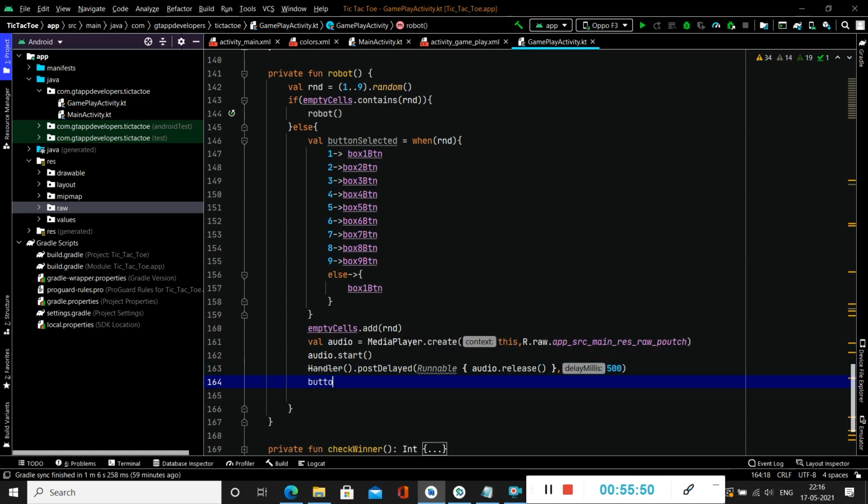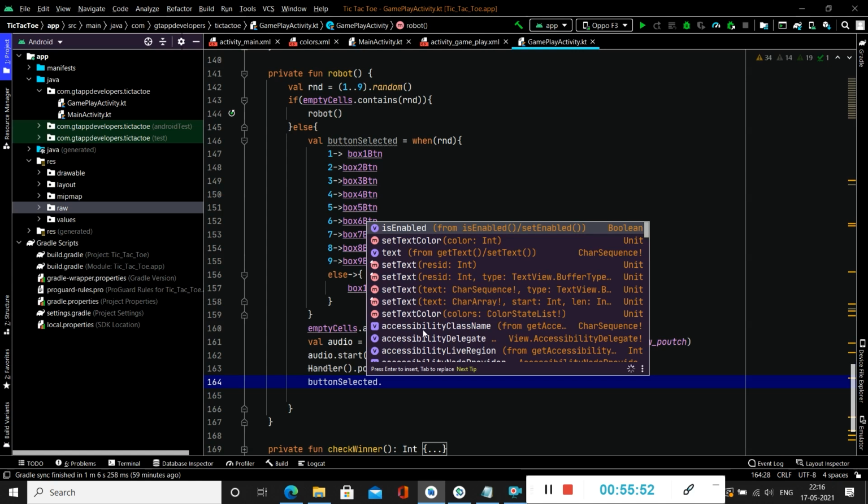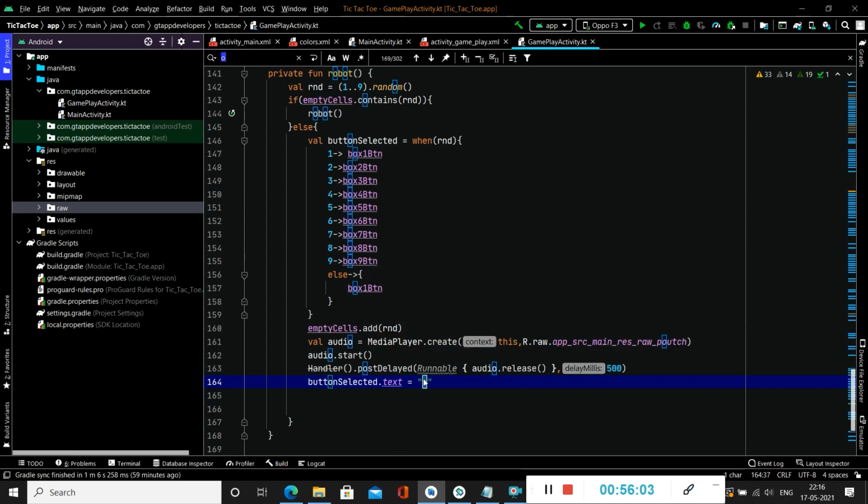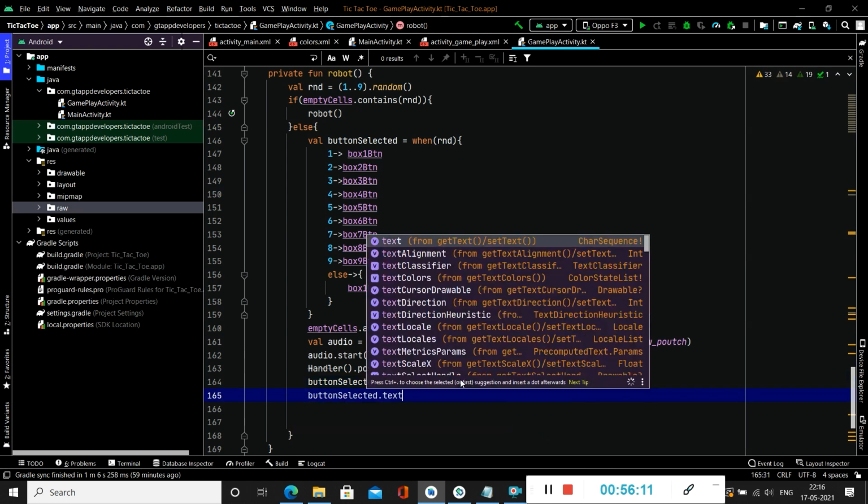After that, we will add button selected dot text. We are adding similar text to others as well, O. After that, we'll change the button selected dot text color.